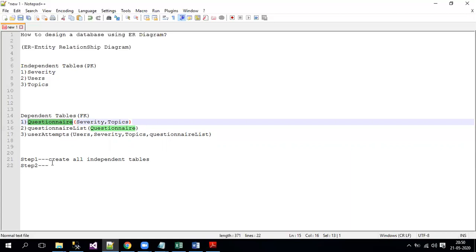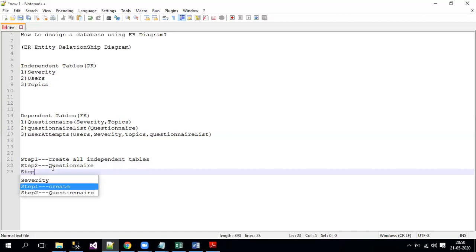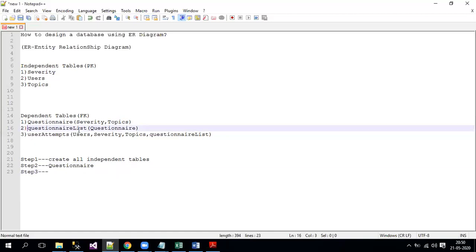Now what is the step 2 we need to do? In step 2, first we need to create the quaternary table, and in step 3 we have to create quaternary list, and then in step 4 we have to go and create the user attempts.